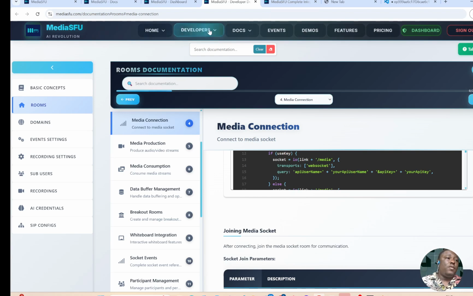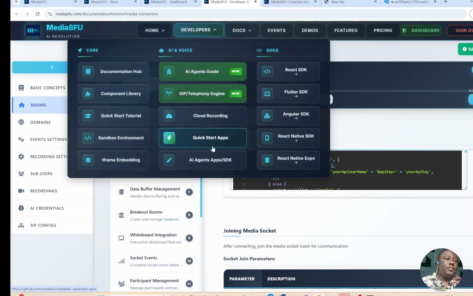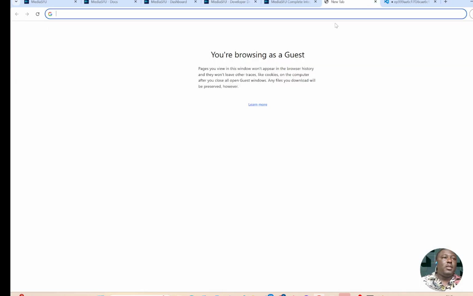So if you go to developers and then you go to the AI agents app, that also gives you a view of using MediaSFU SDKs. Essentially, it's all about how do I render MediaSFU's UI with some kind of display or without some kind of display. So that's a very good point. Another great point is MediaSFU's specific project. So if I hit